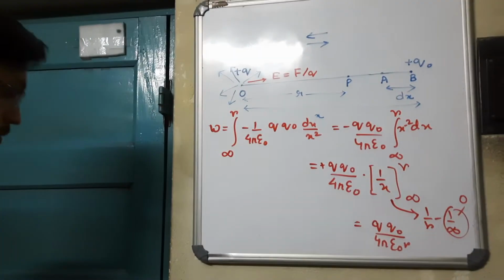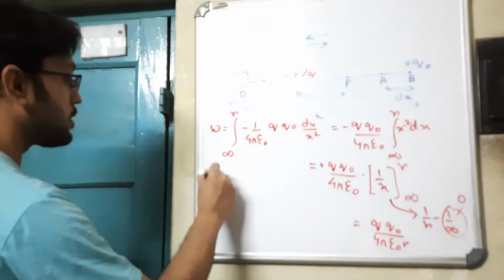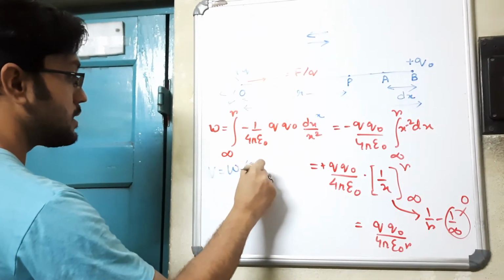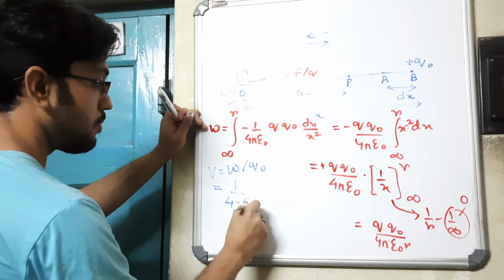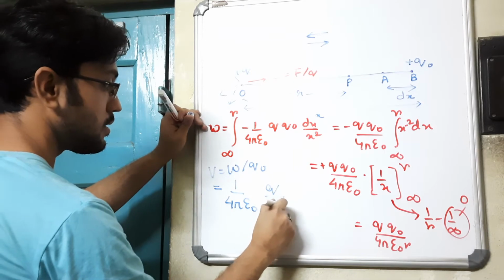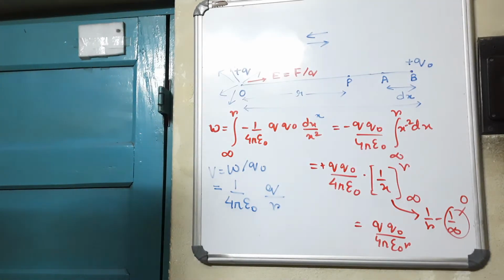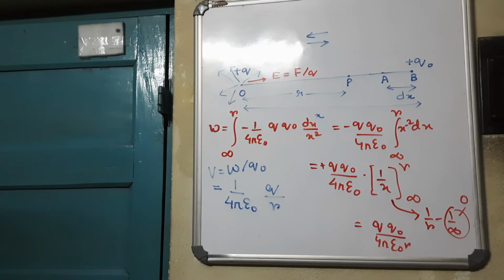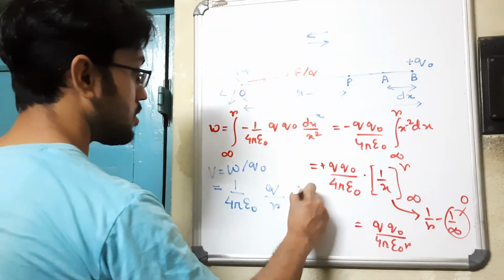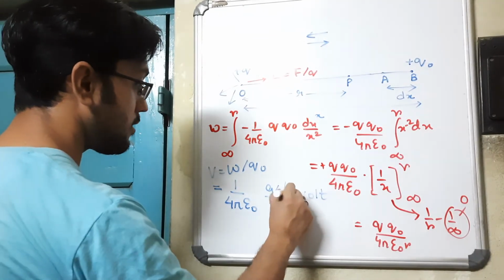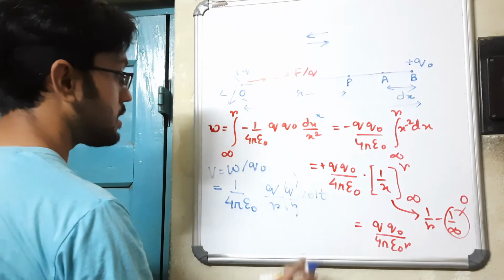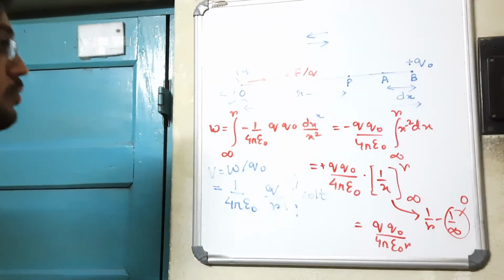And then what is the expression for the potential? The expression for potential was work done divided by the test charge. So the expression for potential becomes 1 divided by 4 pi epsilon naught q divided by r. This is the expression for the potential, 1 by 4 pi epsilon naught q divided by r. The unit is volt. So in force, it was q1 q2 by r square. So there was another extra q dash by r term which is missing when it comes to potential.